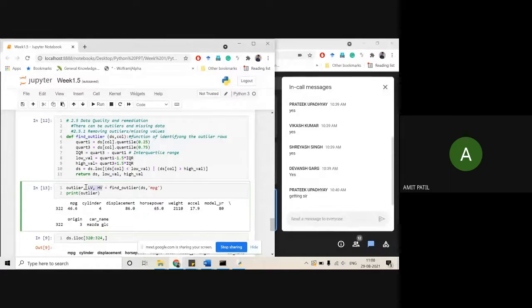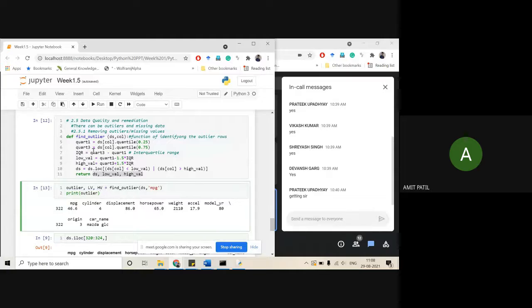You need to change your output variable also, because the function will return three values. You need to put three variables in which the data will be stored. First ds, that is your outlier, will be stored in outlier. Then the lower value will be stored in lv, and the higher value will be stored in hv.